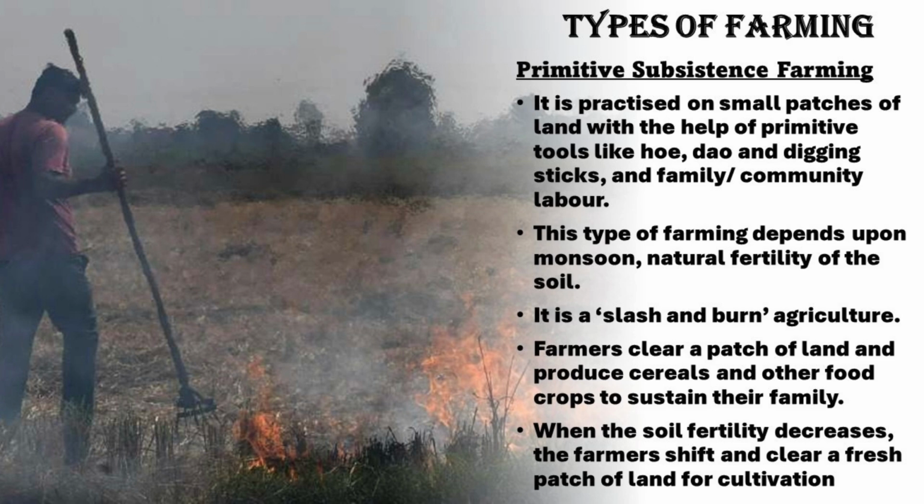A special form of it is shifting cultivation, or what we used to call slash and burn agriculture. Here, farmers clear a patch of forest by cutting and burning trees. They grow crops for a few years and when the fertility reduces, they move to another patch. It is known by different names in different regions. For example, Jhumming in Assam and Meghalaya, Pamlou in Manipur, Dipa in Mizoram, Podu in Andhra Pradesh and Odisha, Bewar in Madhya Pradesh.